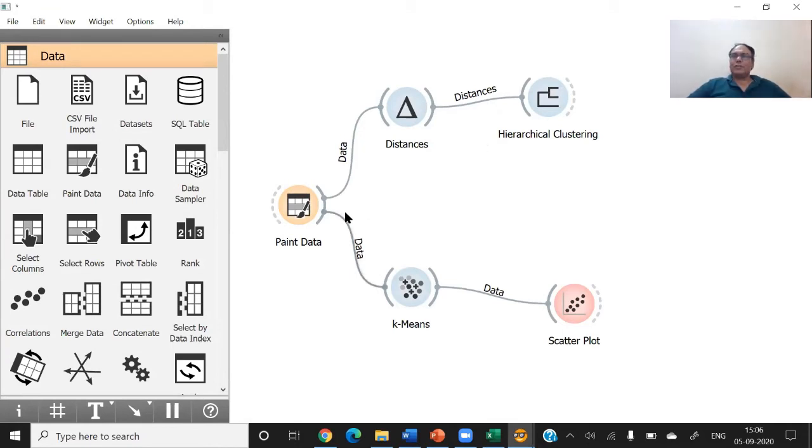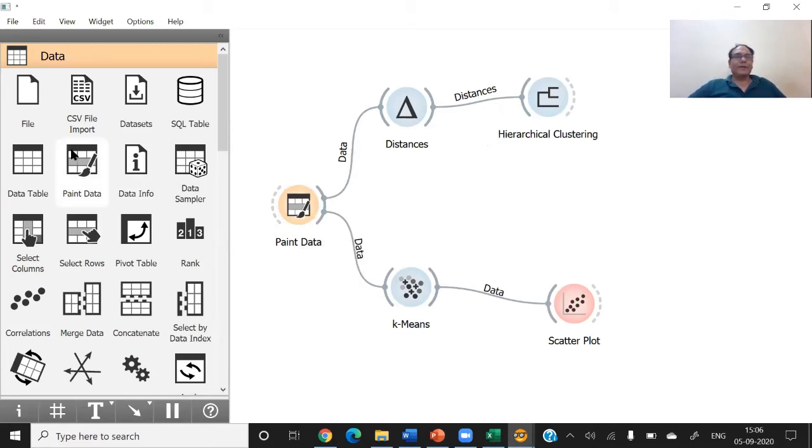So this is one of the very unique features that this Orange is having. No other software is having this feature. This is a very unique feature that we are having in the software. Painting of the data. So paint data is a very unique concept in the Orange. So let's move to, I hope you enjoyed. Let's move to the next.